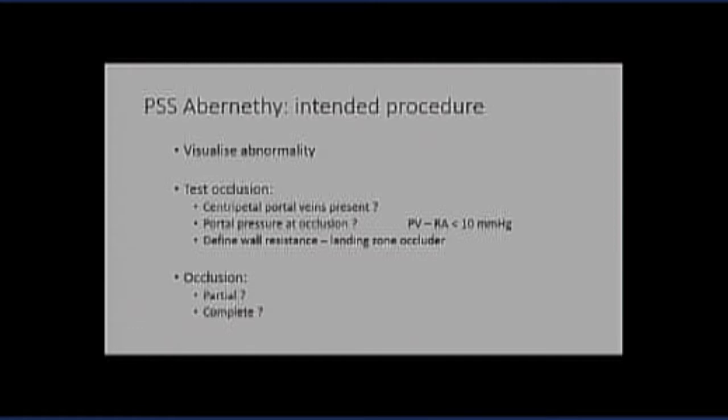We will see, if we do a test occlusion, that the liver can function at a reasonable pressure, so that means the gradient between the portal veins and the right atrium should be less than 10 millimeters of mercury. And also we would like to define the wall resistance, because that will be our landing zone for an occluder. And if all goes well, we plan to occlude completely